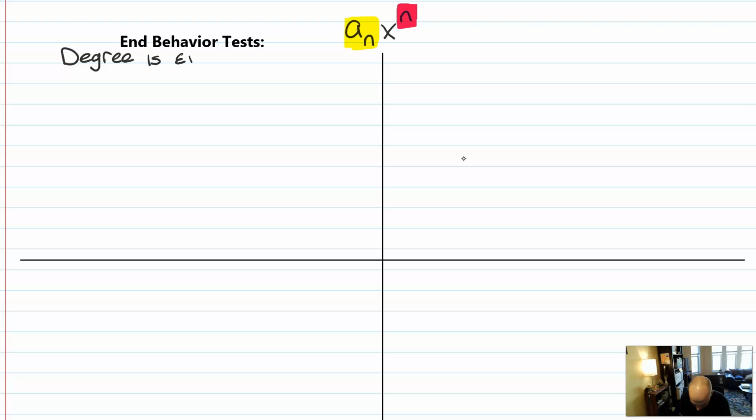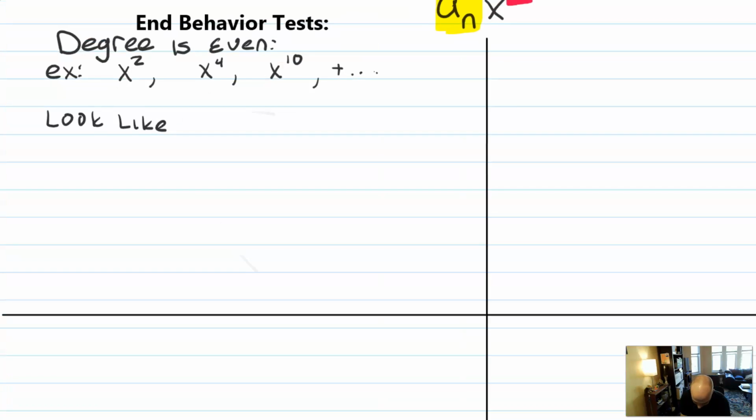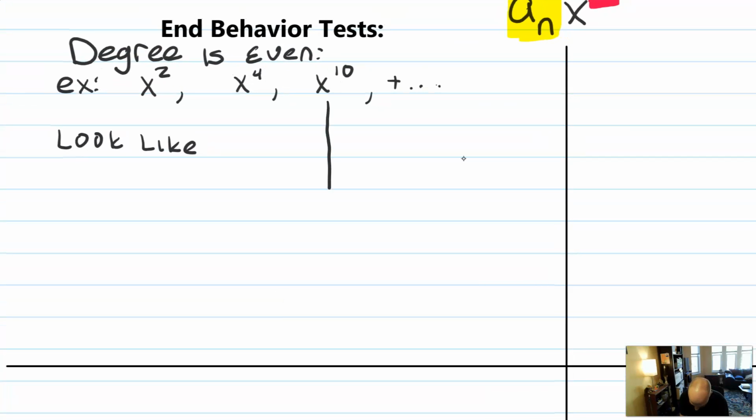if the degree is even, for example, x squared, x to the 4th, x to the 10th, etc., then the graph will look like this. There might be some stuff going on in the middle. We don't know what's going on in the middle. We're looking at end behavior, but as x gets larger,